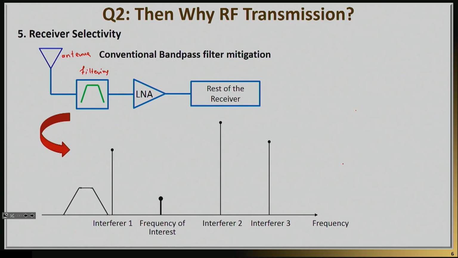It will take the signal of interest and attenuate annoying interfering signals that may be close to it. This is the role of that filtering scheme. And in the third one credit hour course, we're going to spend quite a bit of time understanding how we actually design filters. Then there is this amplification.